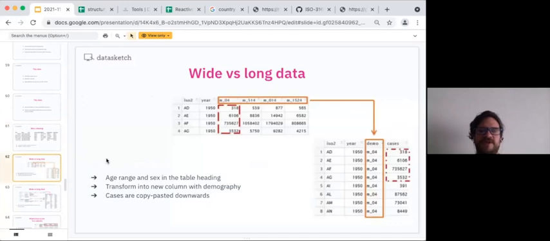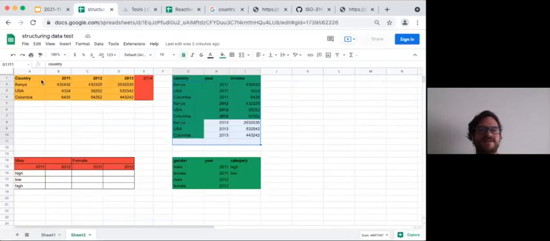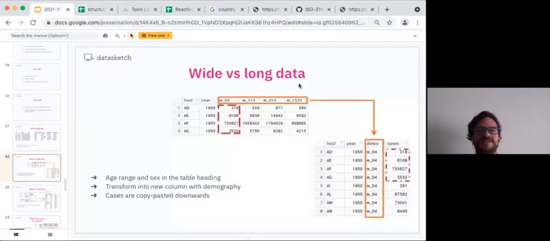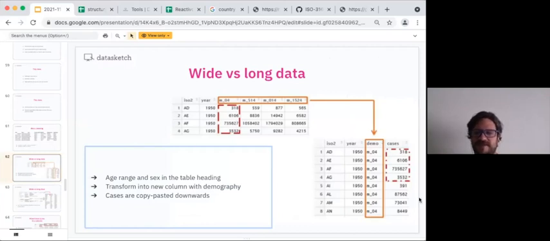Good. I already showed you this. Basically, when we have the data in this format, it's what is called a wide data format. Basically, the more data we have, we should add more columns. But as I explained, it's better if you add new rows to the data set. So the proper way to organize this data set is by doing what I showed you before, which is in this case,